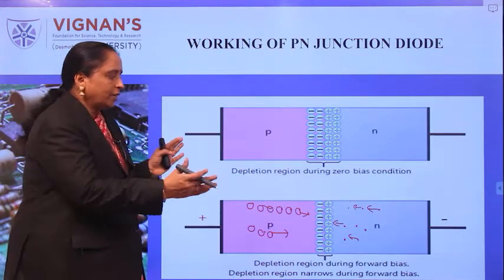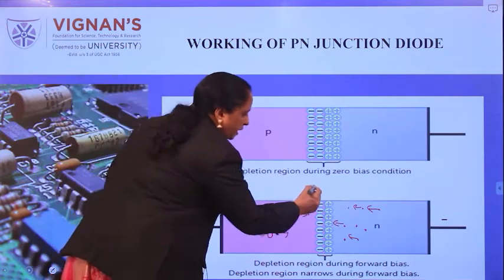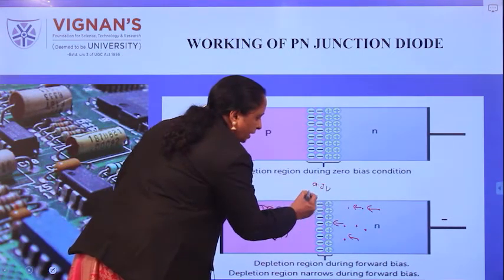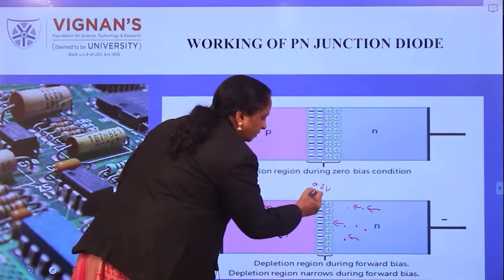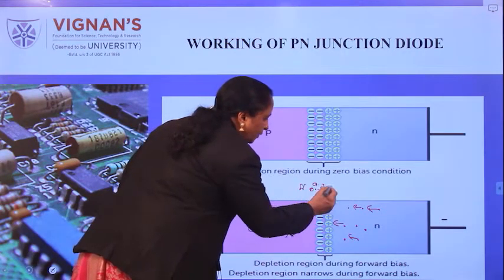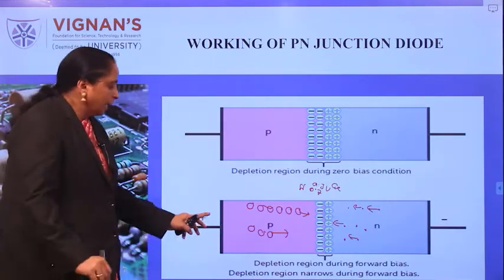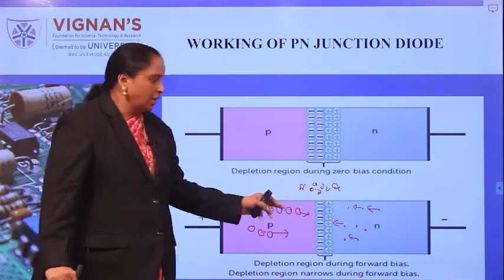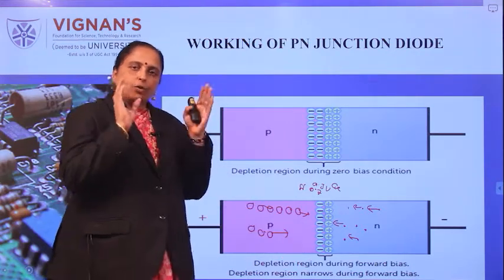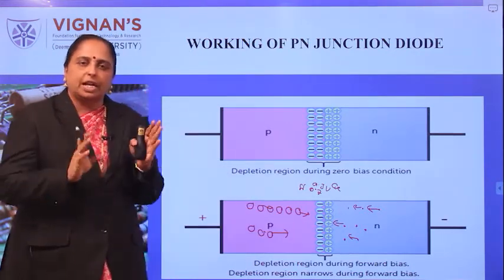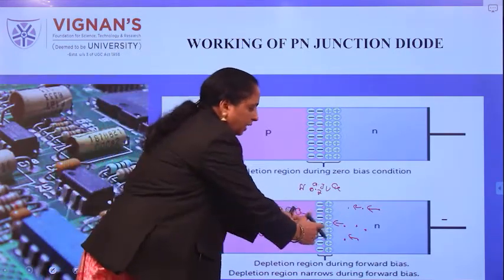Therefore, whenever the external voltage is more than this barrier voltage, for example, germanium 0.3, and if it is silicon, it is 0.7. 0.7 for silicon and 0.3 for germanium. Therefore, when the external voltage is more than this one, automatically see, the barrier is decreasing. Therefore, the overall conclusion is when a p-n junction diode is forward biased, the depletion width decreases.